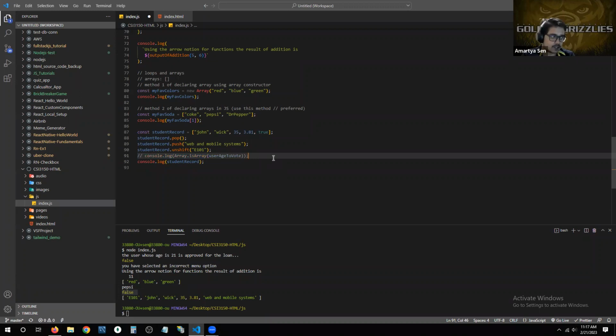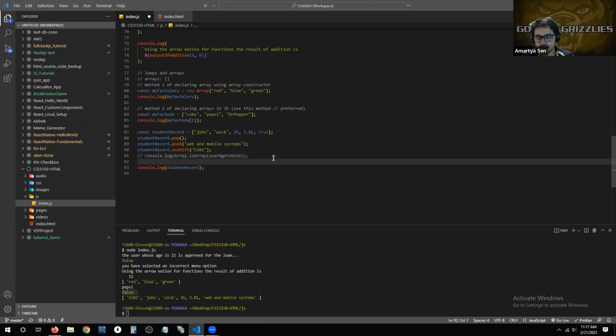The other thing is to get an idea of the size of the array. If you want to get the size of the array, then you use the property, not method, but property of the array object, which is called length. So I simply put my array name here, and I do dot length. Remember, this is a property, this is not a method. So we don't need the brackets towards the end of the length itself. Okay. So if we run this now,